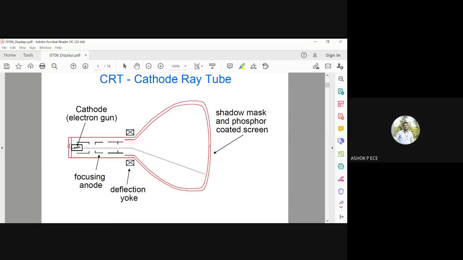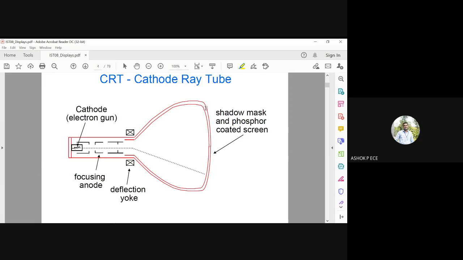So you are going to have a cathode which emits the electrons, and a focusing anode and a deflection yoke. The cathode will emit electrons, the focusing anode will ensure the electrons travel in a straight line, and the deflection yoke will deflect the electrons to any point on the screen.